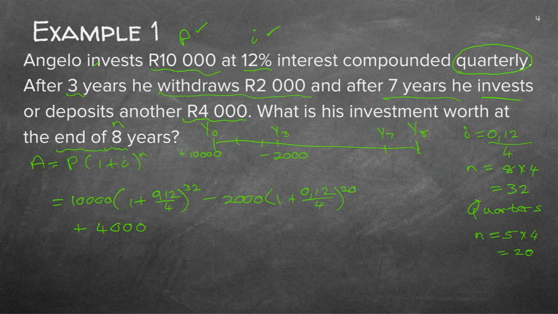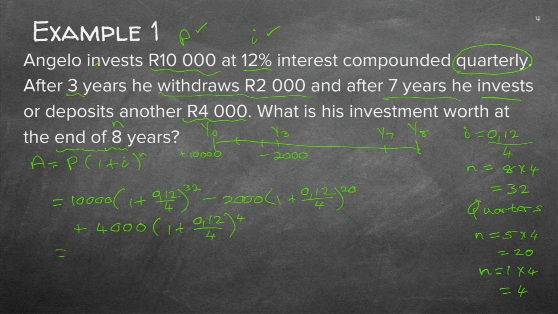Now this is going to happen in life, because you're going to get money from something, then you're going to need some money for something, and withdraw. So if you've got an investment one day, this is going to happen in real life. So I do exactly the same formula. It's still quarters, 0.12 over 4. But now how many quarters is this one? From 7 years to 8 years is 1 year, but it's quarters. So I need to times by 4. So now it's a 4 on the end.